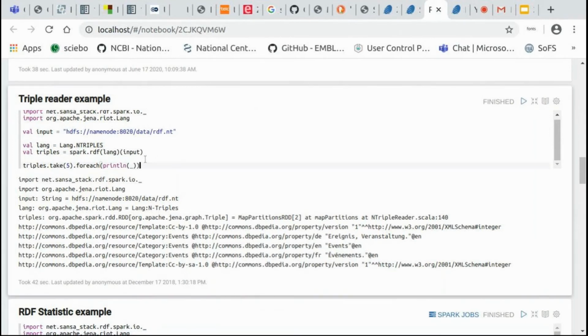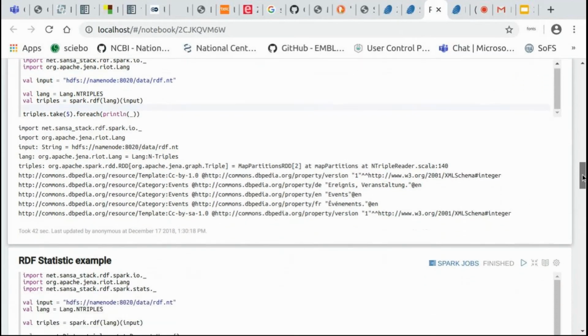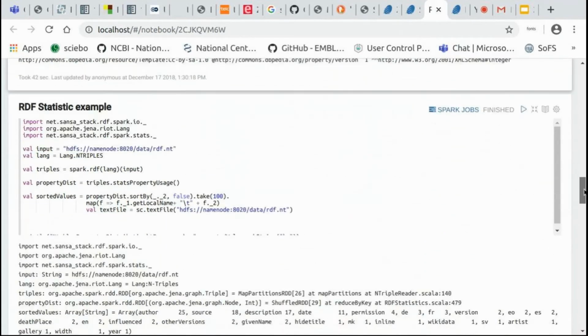The example Hajra is highlighting right now just shows how to, for instance, print or extract some triples directly from the knowledge graph. In that case, we only output 5 of them, but you can do what you want there. And a bit down, you have the statistic example.